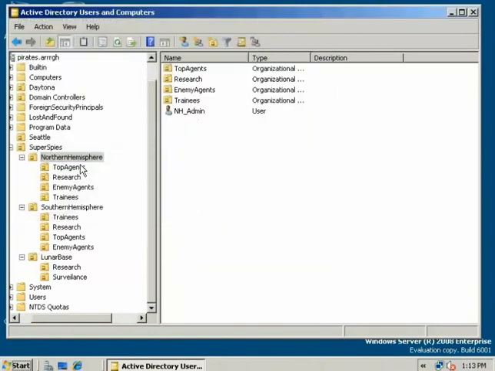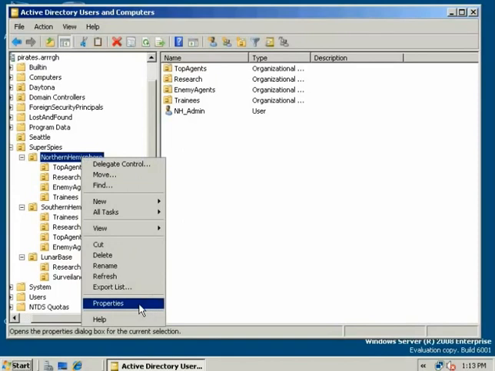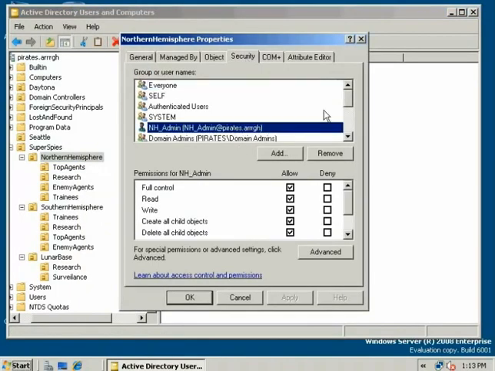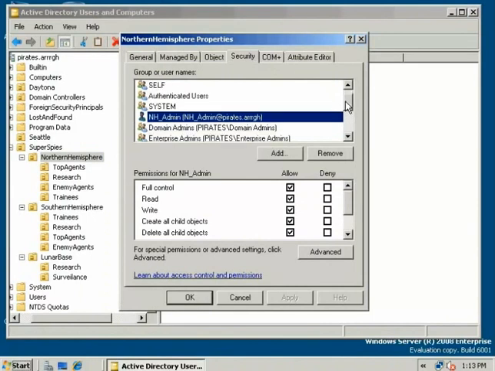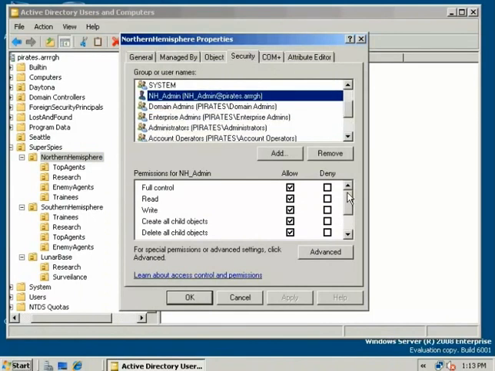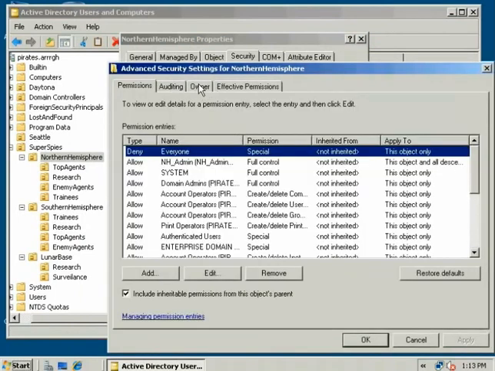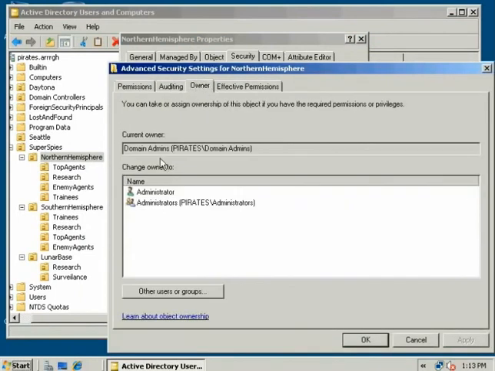So now he's administrator of Northern Hemisphere. And I want you to look at the DACL. By running that wizard, what that did is basically we added him to the discretionary access control list, and now there are access control entries that permit him full control over that organizational unit. Now, if we look at the special permissions,